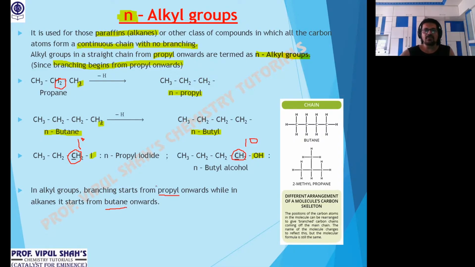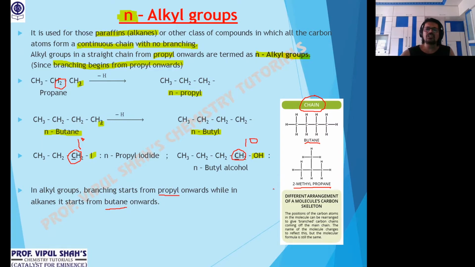I'll give you an example. If in alkanes the branching starts, for example, in a continuous chain, when I write, that's called butane. The other one is 2-methyl propane, that's isobutane. We'll be doing the IUPAC ahead. Both of them have the same molecular formula, but the structural formulas are different. All right, N-butane, isobutane. So they are called isomers. Under isomers, they are structural isomers as a type. They are called chain isomers.